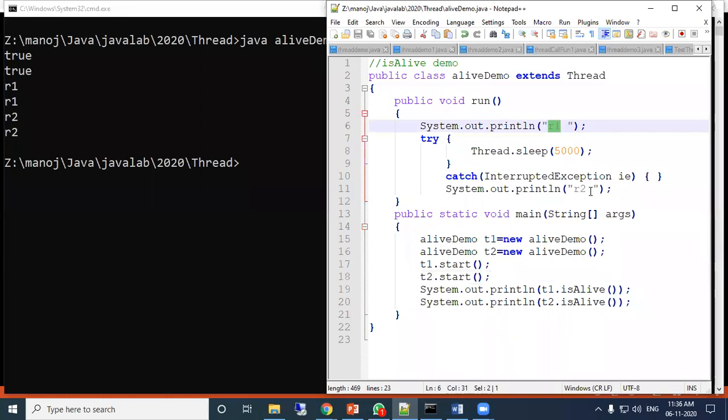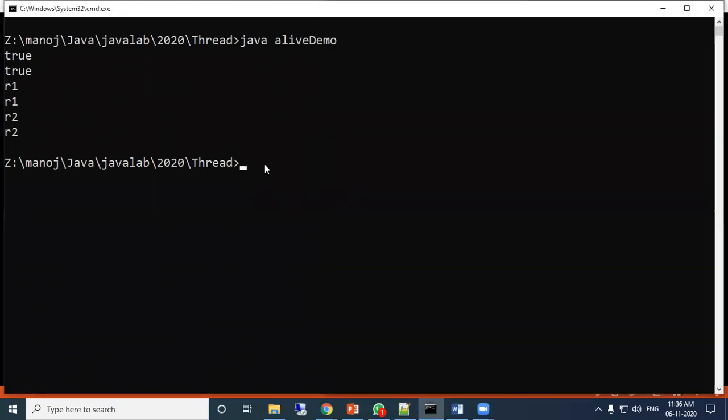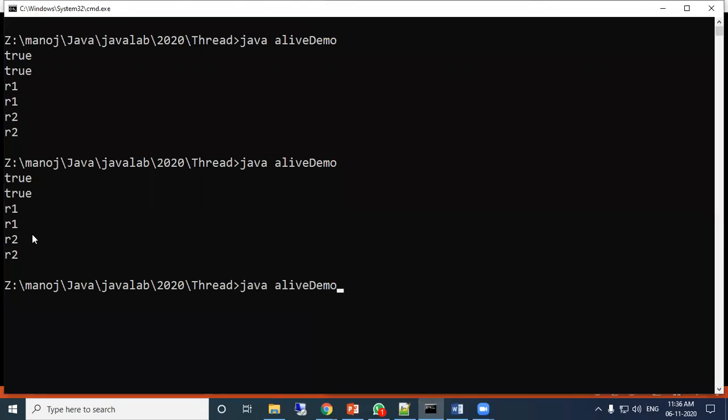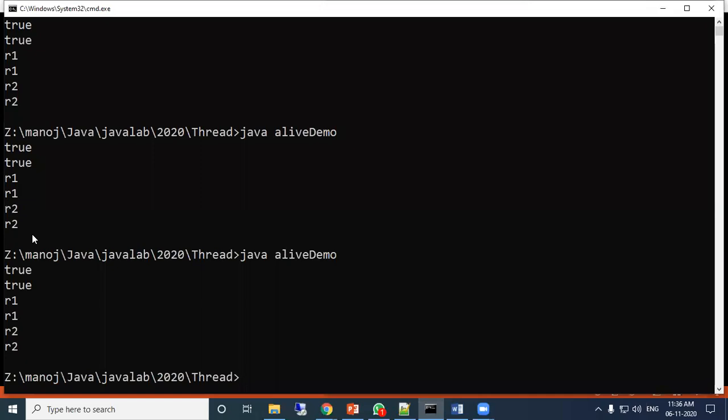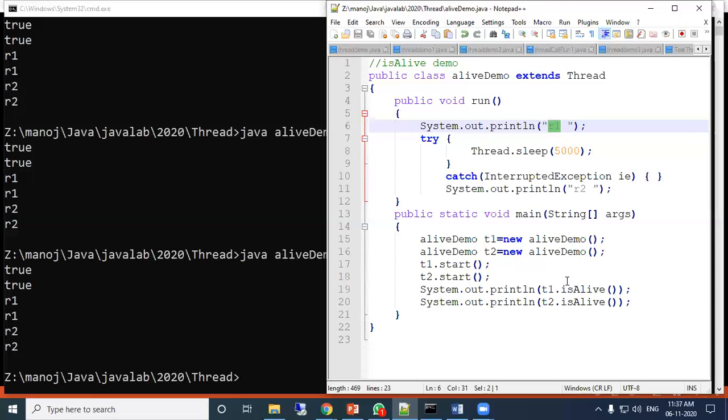So the operating system automatically decides which statement will be given priority and which less. That's why we find R1 before R2 processing, then it starts the sleep function. But it is not necessary that every time it waits like that; normally each statement is given time. So this is about the isAlive function.